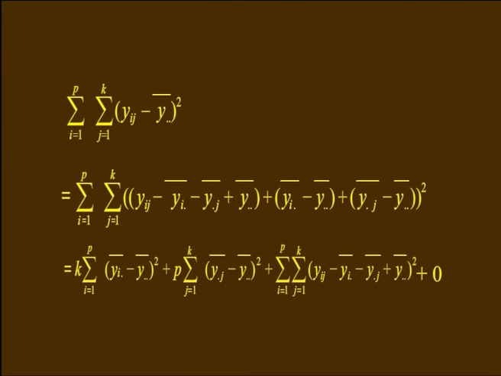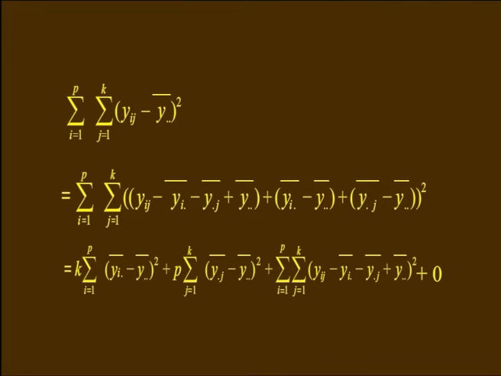Consider the adjusted total sum of squares, double summation (yij minus y bar dot dot) whole square. The first summation is for i equal to 1 to p, the second summation is for j equal to 1 to k. It can be written by subtracting the quantity y bar i dot, so the same term is added, and subtracting the quantity y bar dot j, hence the same quantity is added. So, it can be written as double summation yij minus y bar i dot minus y bar dot j plus